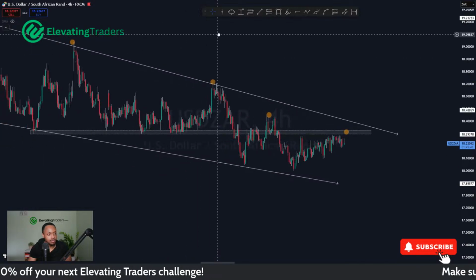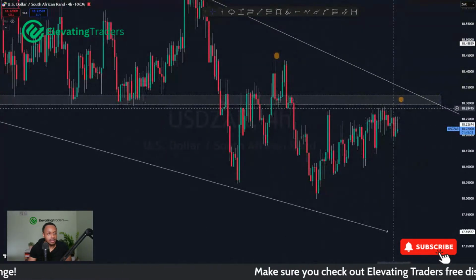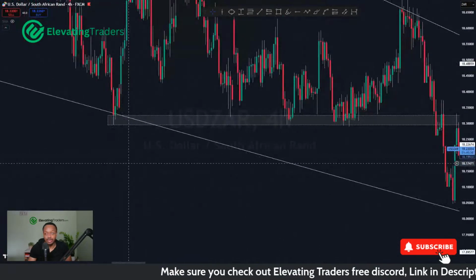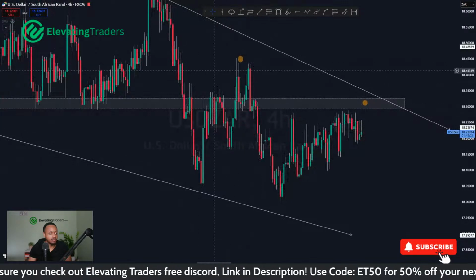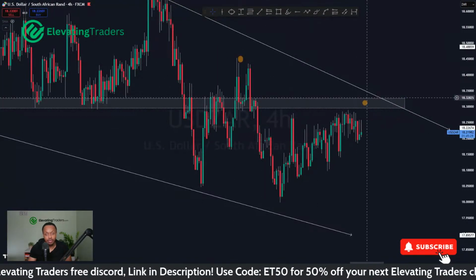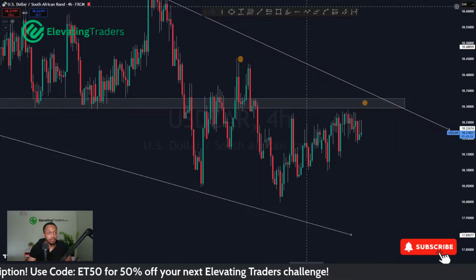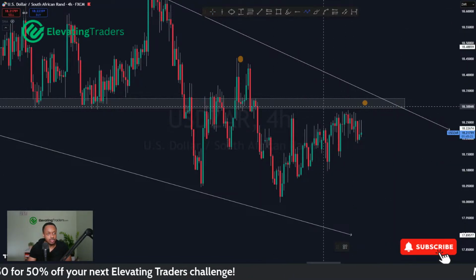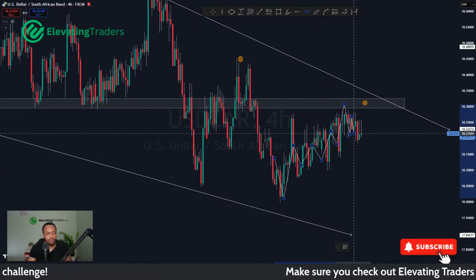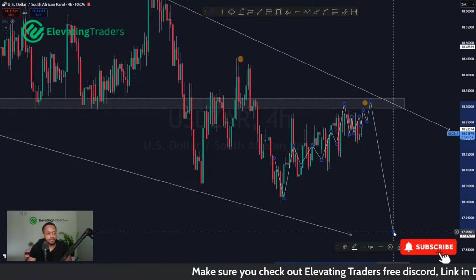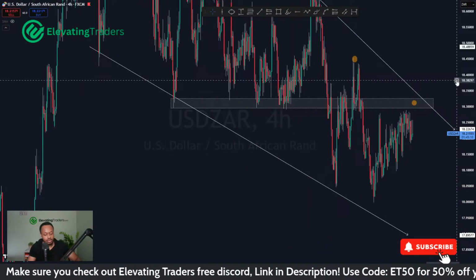So I am pretty bearish here with USDR, and that is a pretty solid level of support, which is now going to be flipped to resistance. You can see how many times we respected it. The fact is we didn't really respect it much over there, so I do think now we might see price come back and truly respect that level, and it will give you a nice sell. Of course, wait for rejection, not just jumping straight in. Judging how price is moving, it's very corrective as well, so it tells me there's a good chance for a bit of a sell-off. So yeah, 18.3 looks pretty good to me.